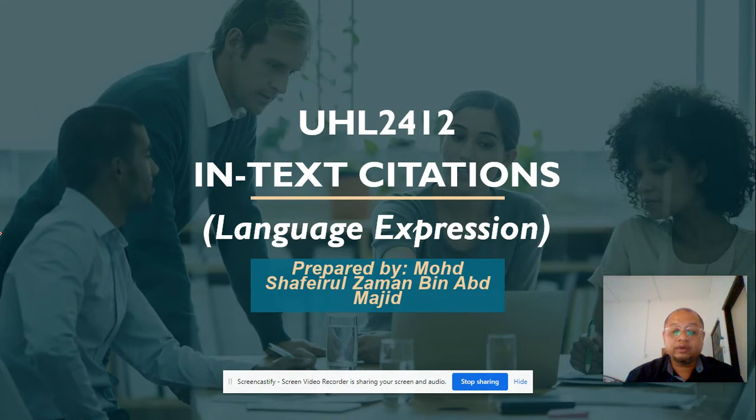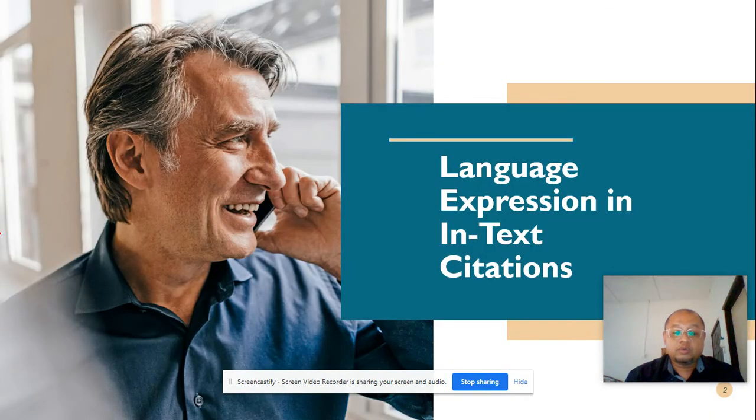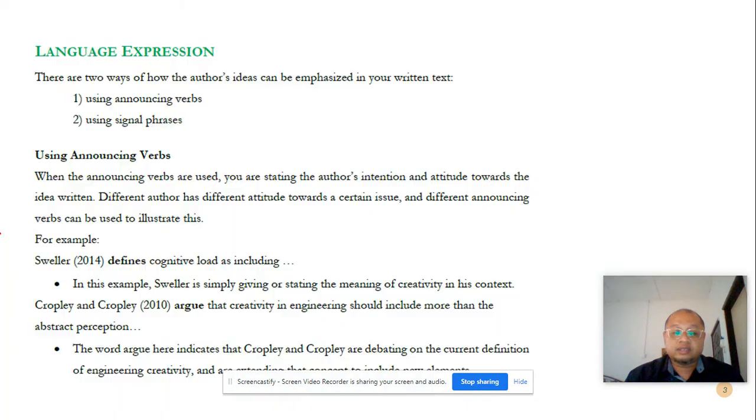And in this video, we are going to focus on language expression in in-text citations. So what are the language expressions in in-text citations? There are two ways of how the author's idea can be emphasized in the written text. You can use announcing verbs, or you can use signal phrases. What does it mean by announcing verbs? When announcing verbs are used, you are stating the author's intention and attitude towards the idea written. Different authors have different attitudes towards a certain issue, and different announcing verbs can be used